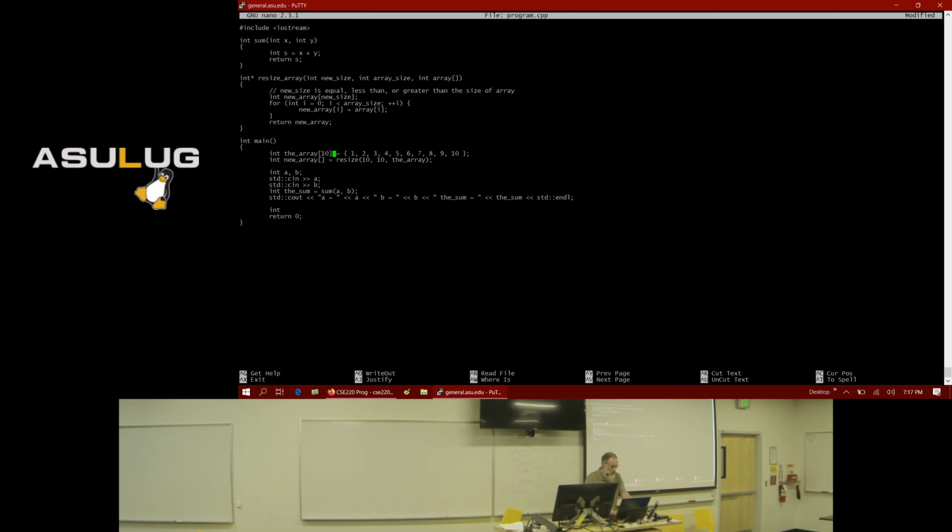Okay, so what will happen is that statement, when it's executed, allocates the array. It initializes each element to 1, 2, 3, and so on. Then this statement will call resize. The first 10 is the new size of the array that we're creating. The second one is the size of the existing array that we're creating a duplicate of or resizing. And the third one is the array that we want to resize. Now, let me save this and try to build this. And if it builds, then we can start trying some debugging.